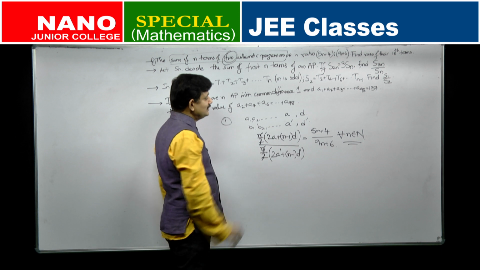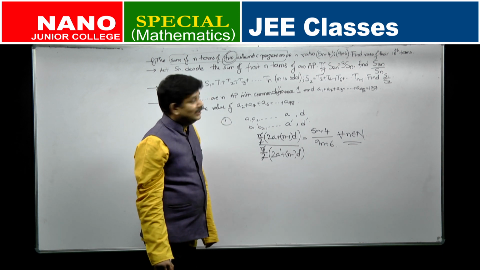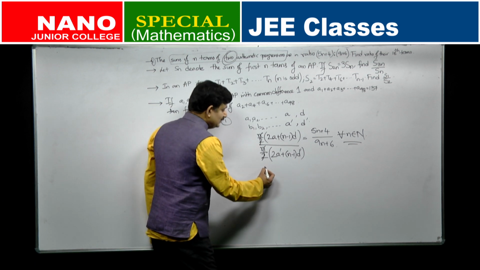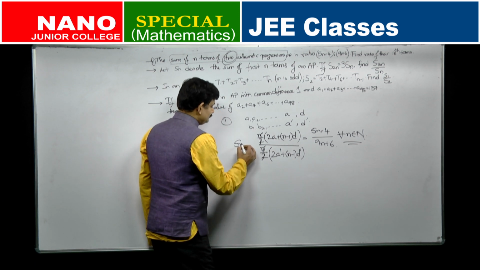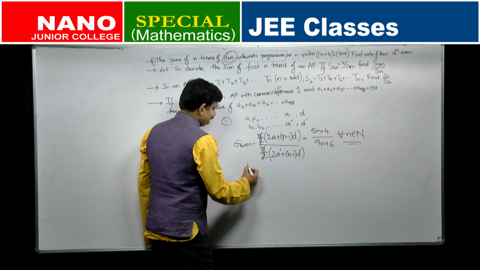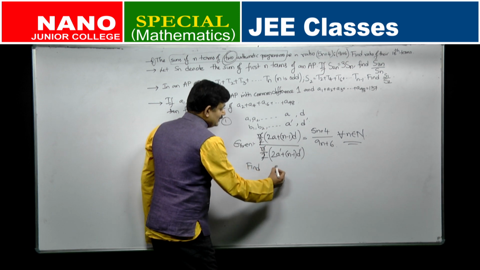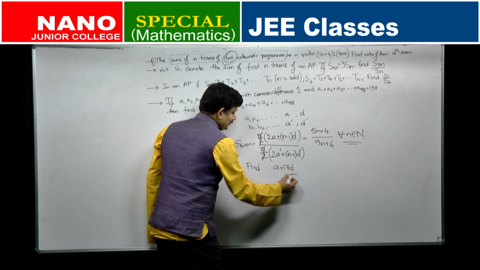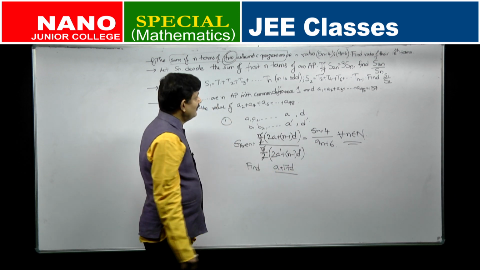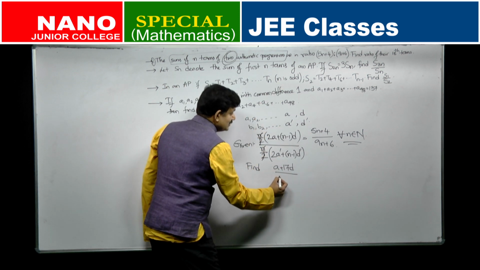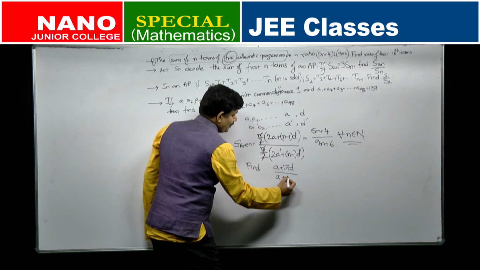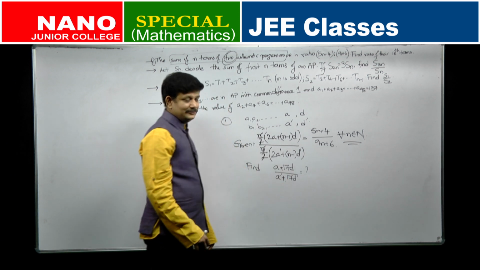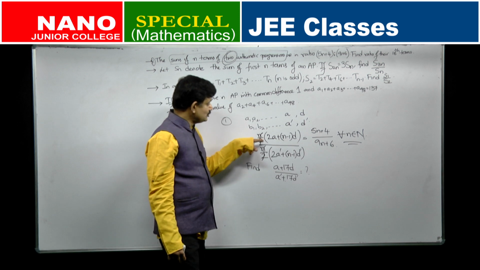Okay. So, what is he asking you? He is asking you to find the ratio of the 18th terms of these two series. What is the 18th term? This is given. What is he asking you to find? The ratio of 18th terms. What is the 18th term in the first series? a plus 17d, divided by what is the 18th term in the second series? a dash plus 17d dash. This is what you need to find. And what is the equation which you have?